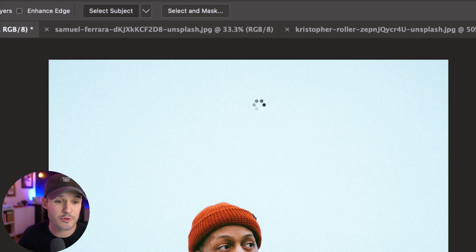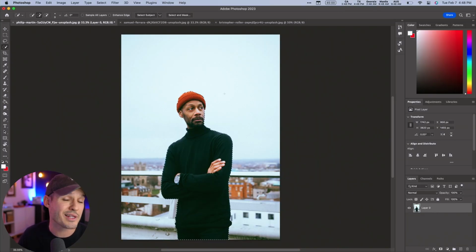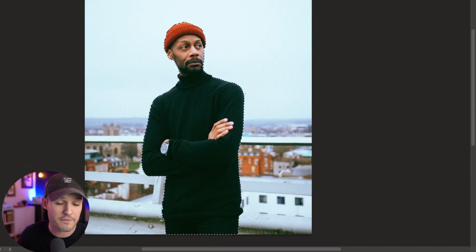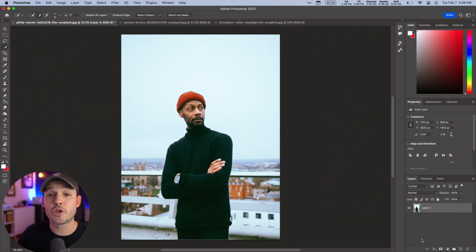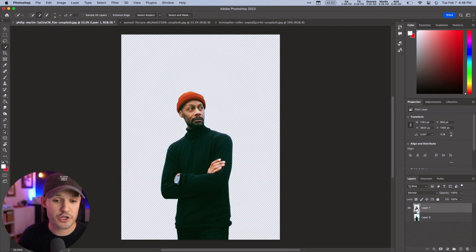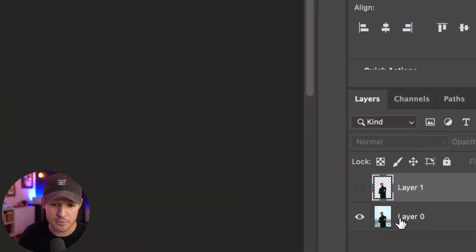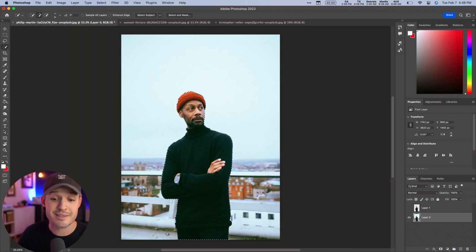I'm going to hit select subject, and Photoshop is super smart. It's going to think for a split second, but look at that. It's grabbed our object perfect. Once our subject matter is selected, you can either Command C, Command V to actually create a cutout version of it, or if you wanted to go back to your original layer that we had down here in the layers panel, make sure that it's selected, that you have the marching ants going around your subject still, and then all